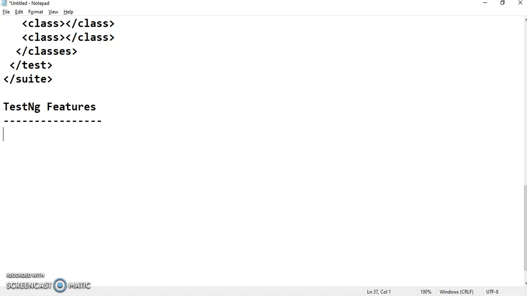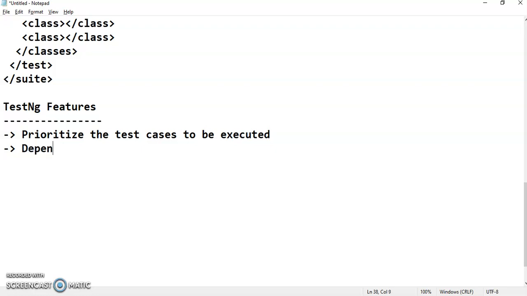So first we are going to see how can we prioritize the test cases to be executed. Second, we are going to see dependency of one test case on another.